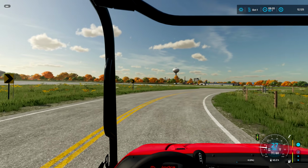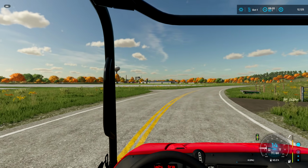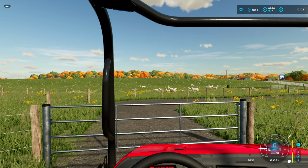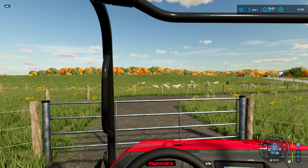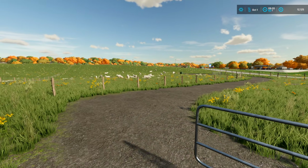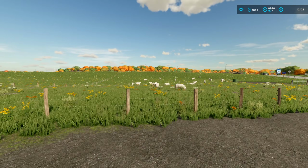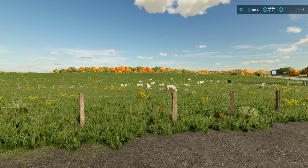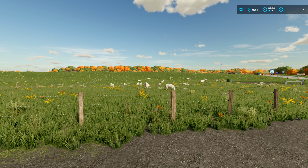But anyway, what I've been doing over here is the secondary gate and fence. But the surprise is that. Do you see it? Yep. We've got 1,000,000 sheep. Well, 20 to be exact. The sheep had babies, which is fantastic. We had 10 babies. And we've got a total of 20 sheep now,